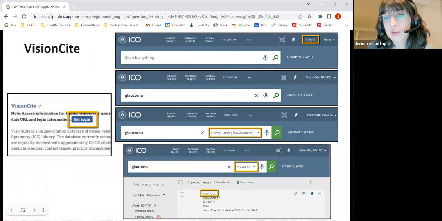I also wanted to show you VisionCite. It's a database from the Illinois College of Optometry library that contains citations of journal and professional magazine articles on the subjects of optometry, ophthalmology, medical sciences, contact lenses, practice management, reading, perception, and other vision-related subjects. This database was created to fill a need for a citation database for these subjects since optometry is a smaller field and there isn't currently a comparable commercial database. However, it's not a commercial database and it's a little clunky,